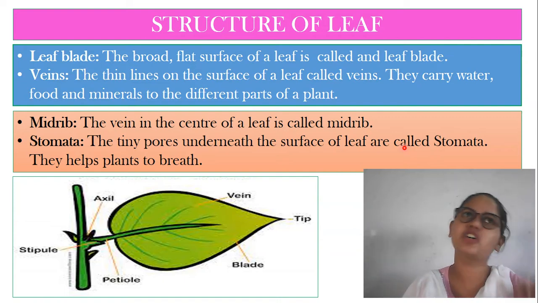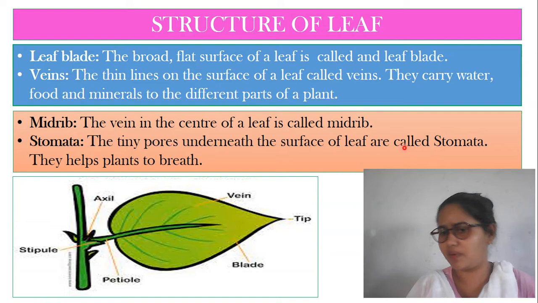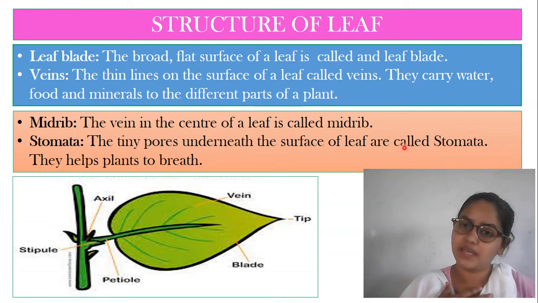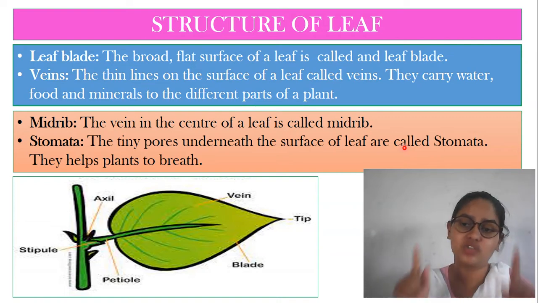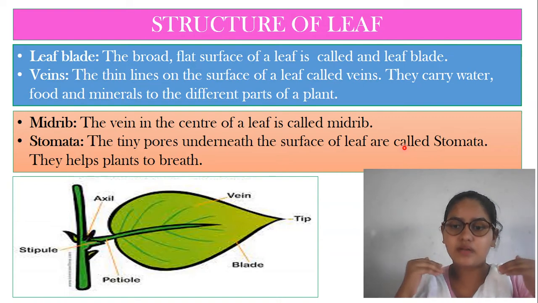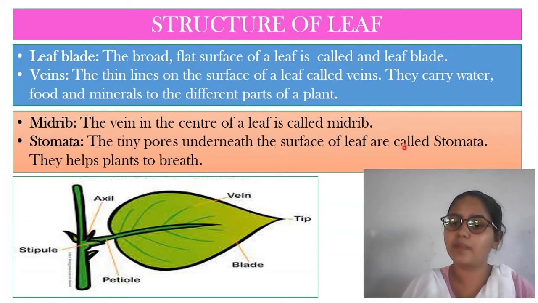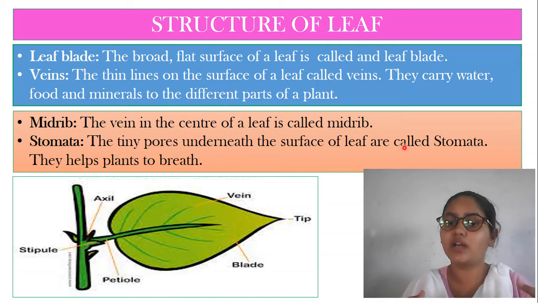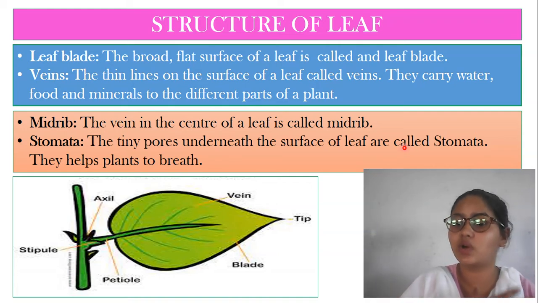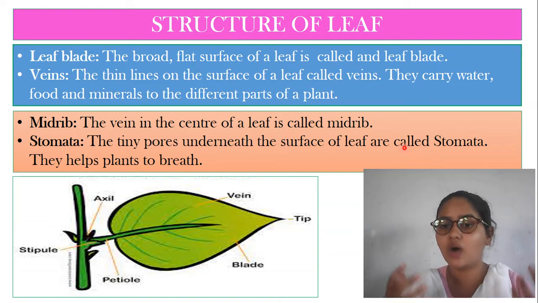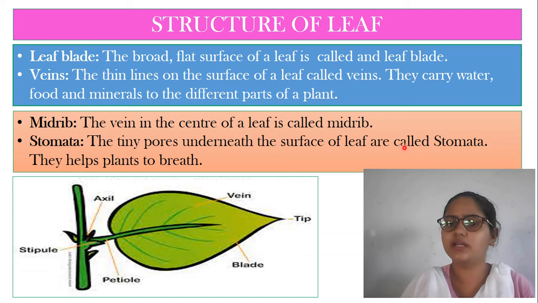Now let's learn about the structure. If you remember in our first chapter, in the assessment one, what did we learn about? We learned about our body. In our body, we learned about our structure, right? This is our upper, then middle, and then lower part. We learned about the whole structure of our body. Then we learned what is known as internal, what is known as external. We learned about the sense organs, why we have sense organs, everything which gives structure to a body, everything we learned from that chapter.